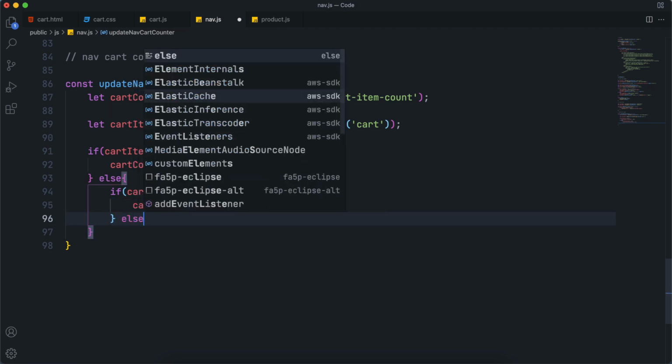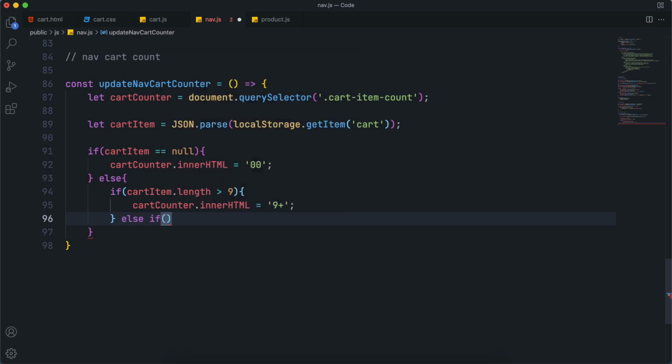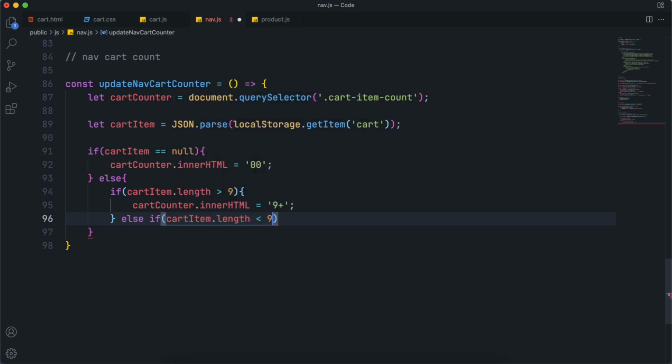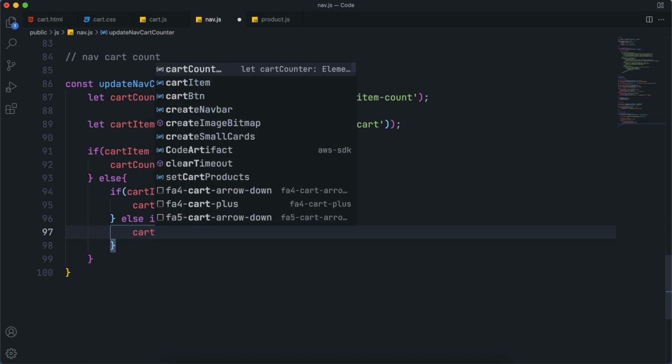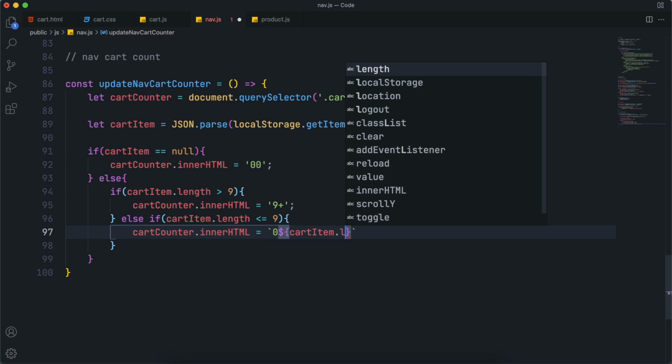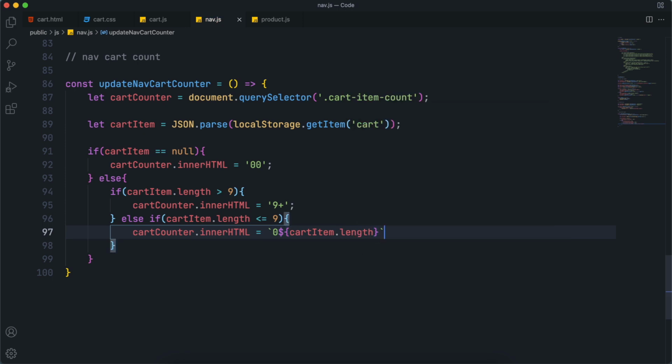And add another condition saying if cartItem dot length is less than or equal to 9, in that case, we want the cart counter in our HTML equal to the cart item length. So yeah, this is the function.